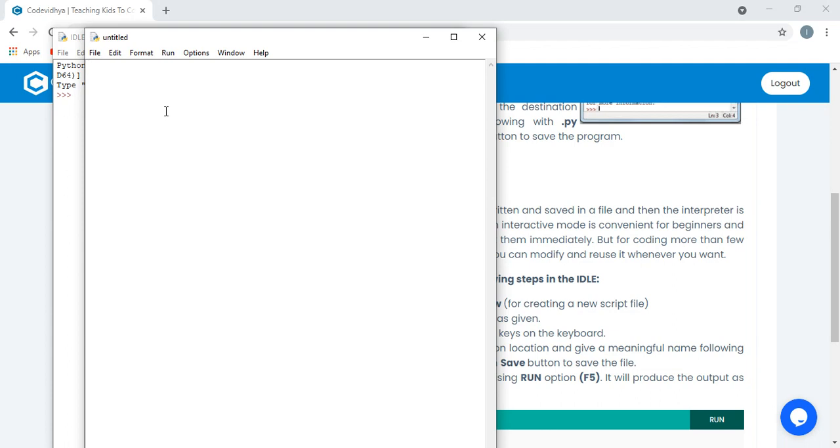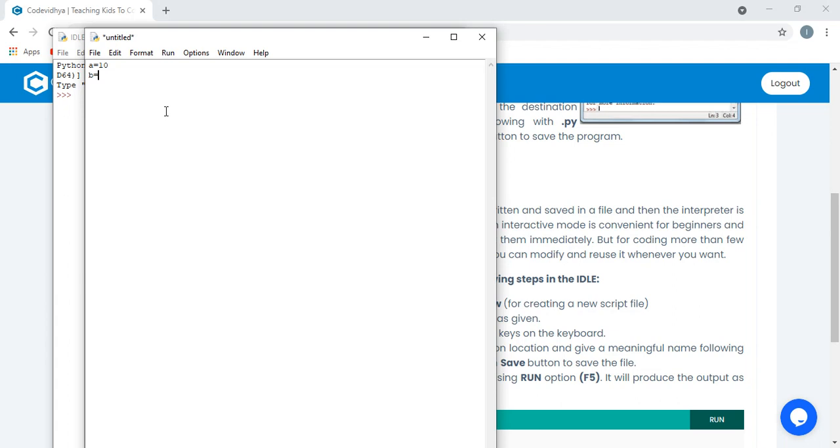Now tell me the names of the variables. A. Okay, the value of A will be A equals 10. Okay, next variable, value of B, and value of C is 25.